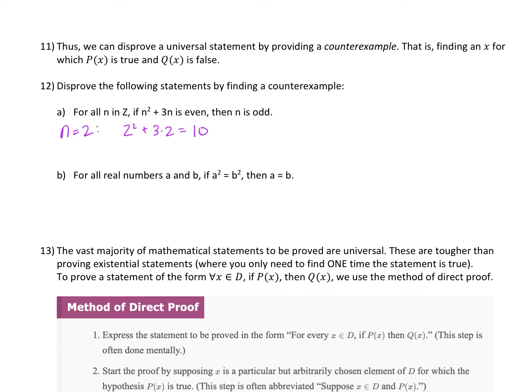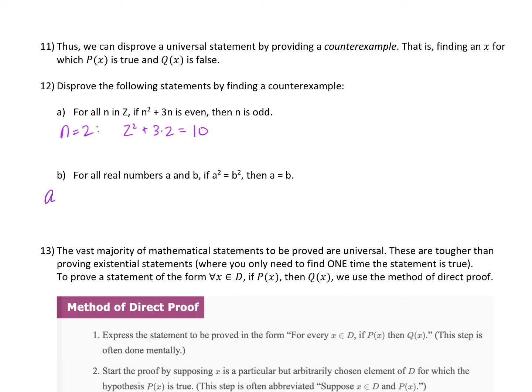Next statement. For all real numbers a and b, if a squared equals b squared, then a equals b. So we have to find a set of real numbers a and b. We just have to find one a and one b, so that a squared equals b squared, but a does not equal b. This would be our counterexample. So here, positives and negatives are going to work for us, because when you square a positive, you get a positive, and when you square a negative, you